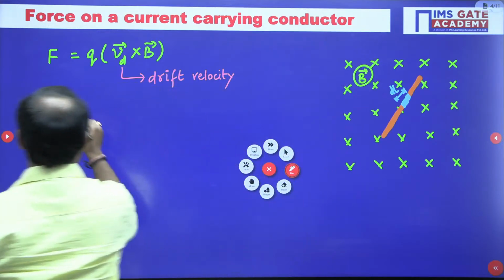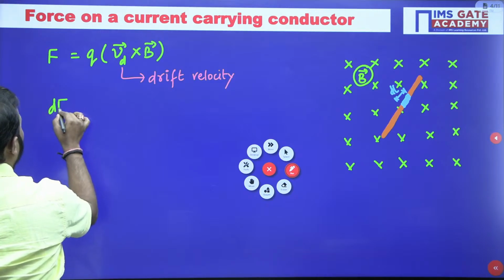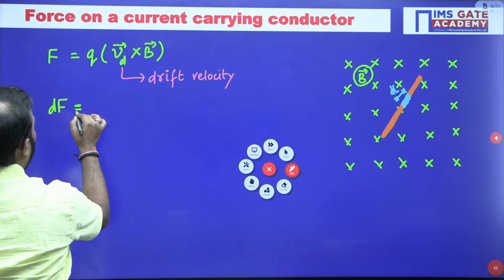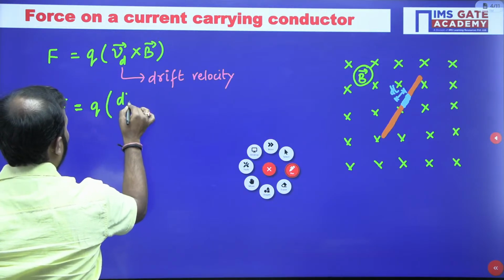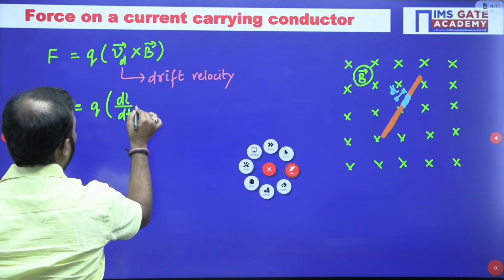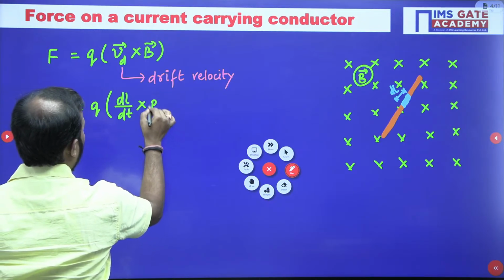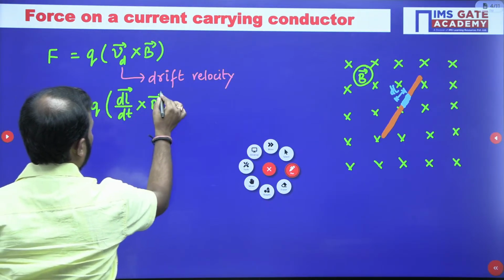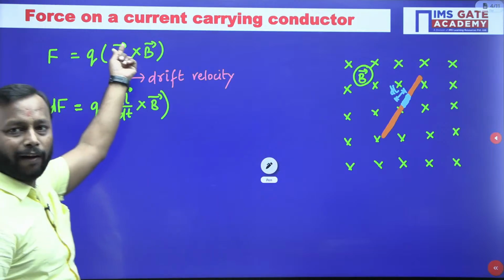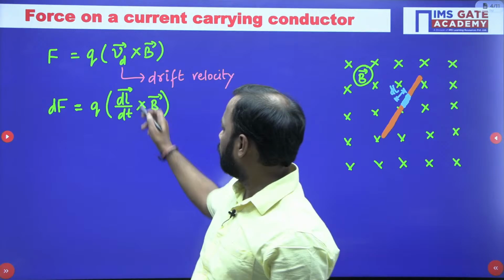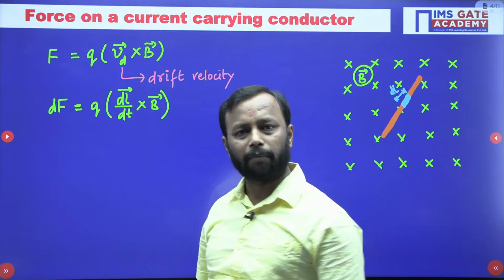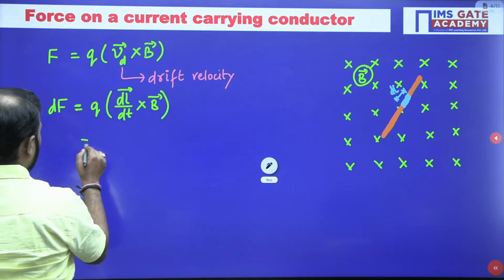It means that del F due to a small length will be equal to Q times del L by del T into the magnetic field, because this is a velocity. So what is changing? The length is going to change over a period of time. So del F,